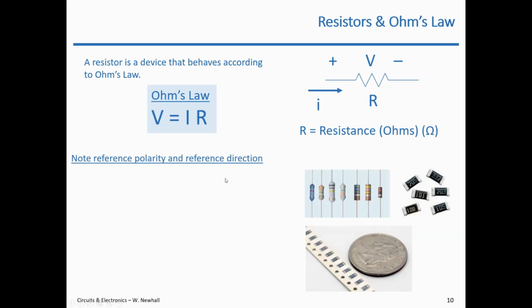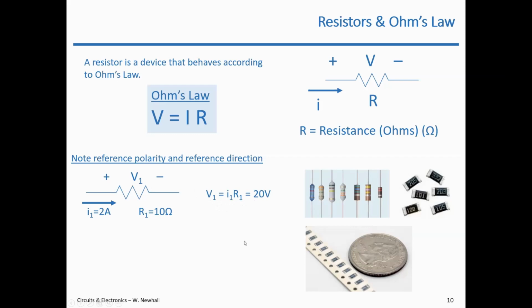Let's do a little practice with the reference polarity and reference direction. So here is a resistor. I've defined a voltage, and I've defined a current, and I've given a value for the current and the resistance. Okay, so in this case, if you look at the diagram in the upper right, I have current drawn into the positive side. That's how I have to have the reference polarity and reference direction in order to use Ohm's law. This diagram matches that, this resistor. And so it's a direct application of V equals IR. So V1 equals I1 times R1,